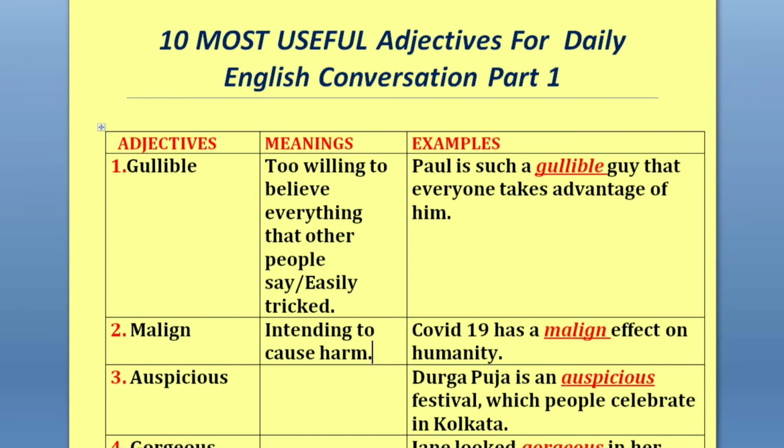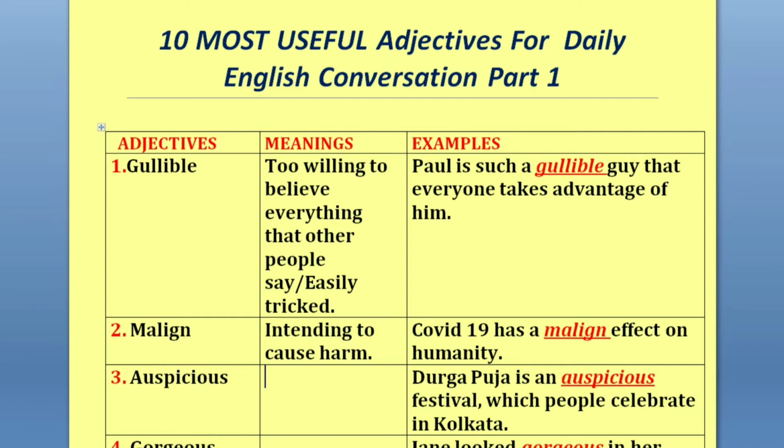So obviously, this COVID has a malign effect. We can say that, isn't that? Because it has the kind of effect which caused harm. Okay, and it obviously did harm people, right? So that's the way you can say that it has a malign effect on humanity, right? So that's the way you can use this. So up next we will move on.